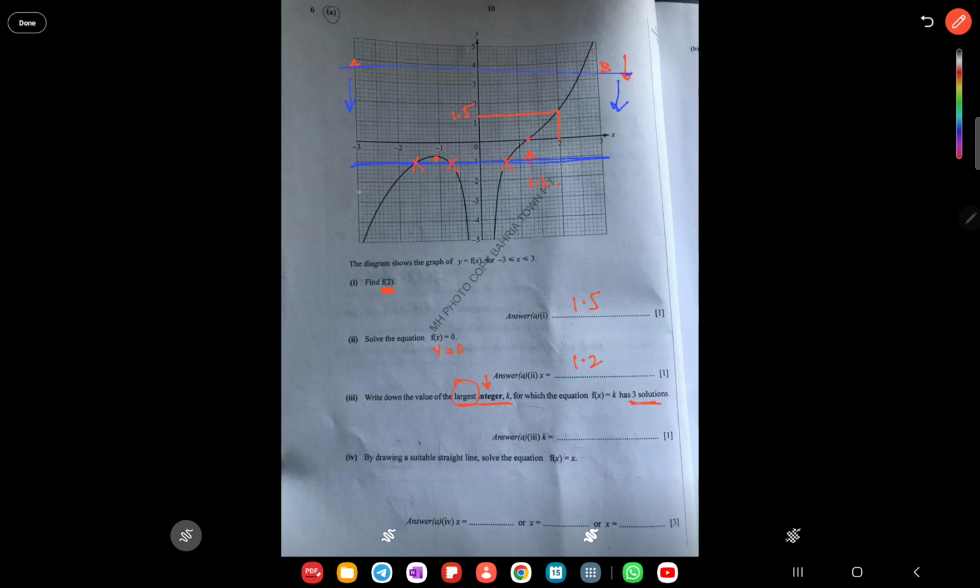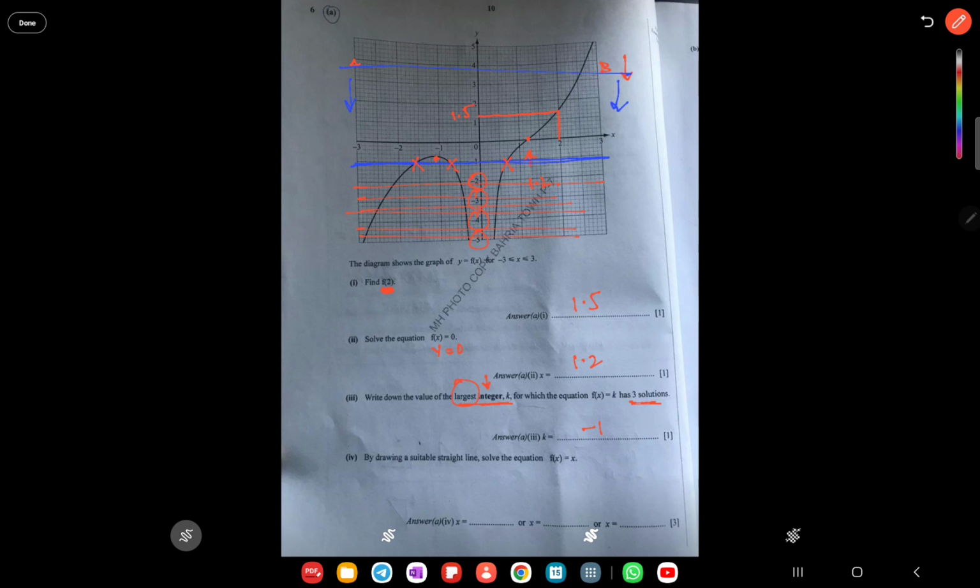So yes, this is also possible with three solutions. All these lines can be possible solutions of f of x equals k where it has three solutions, but the values are -2, -3, -4, or any other values in this range. But over here it's going to be -1, because this is the largest integer value of k